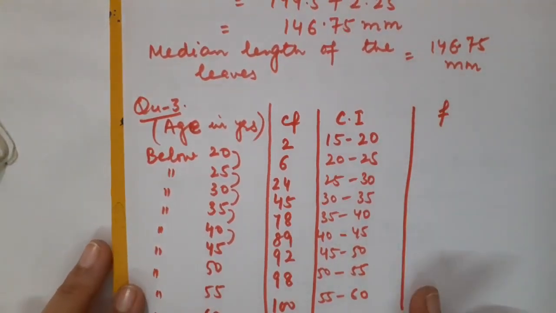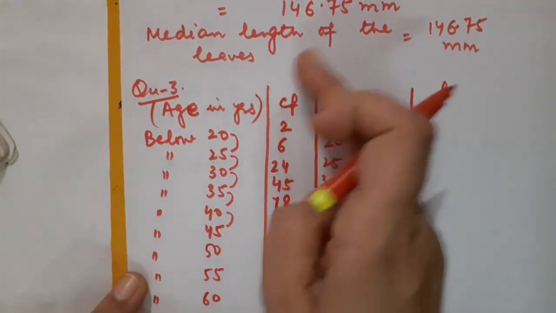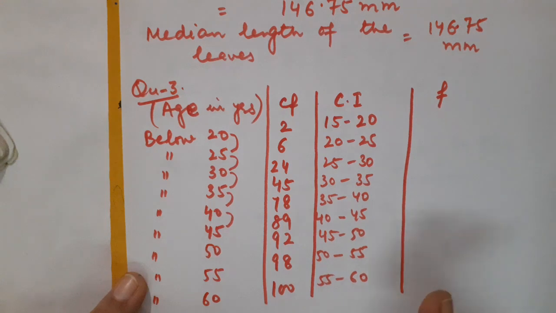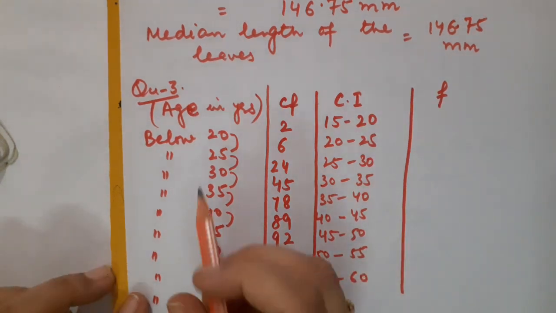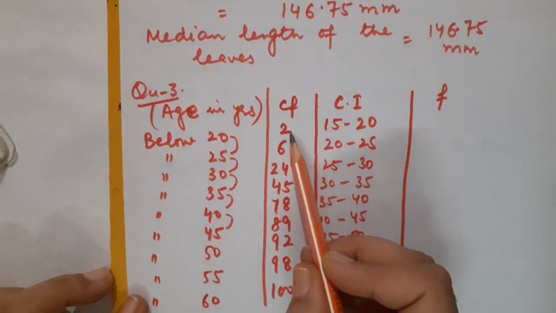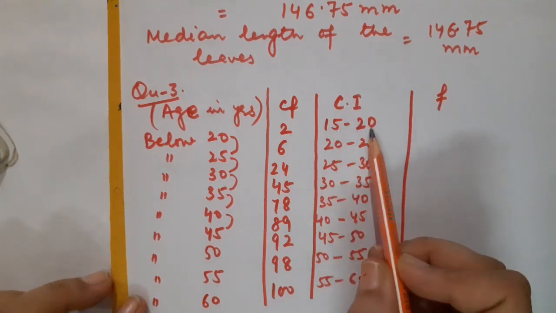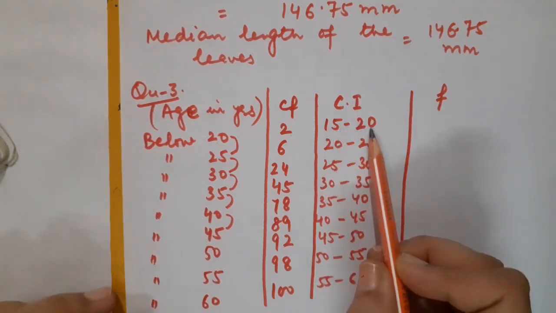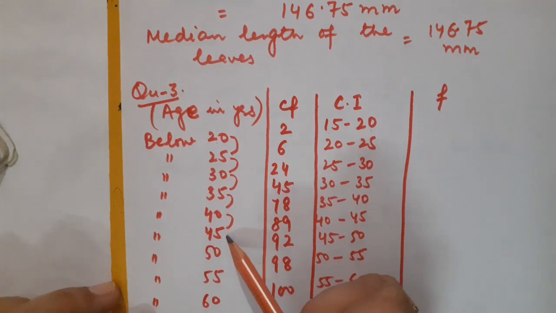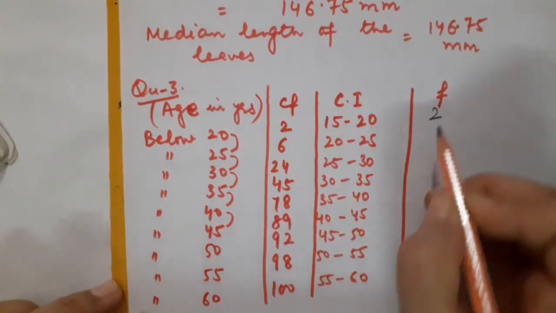Now this is the most important point which I am going to explain to you. Cumulative means already the frequencies are added. So to come to know about the actual frequency, we have to subtract now. Now how to subtract? Children, whenever I am talking about the number of policy holders whose age is below 20, means I am talking about 15 to 20. Less than 20 means from 15 to 20, because the gap is of 5 years. Correct? So that is 2 in number. So here also 2 will be written.